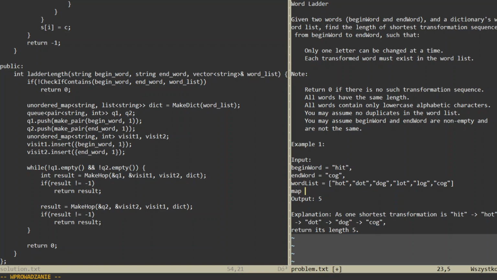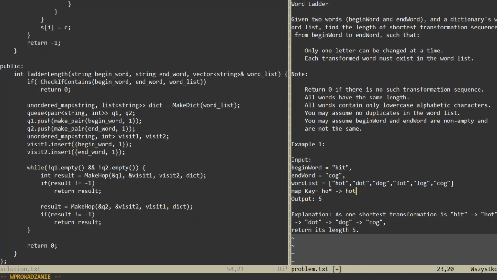The key of this map will be our word, for example hot, but not the exact word, only with something missing here. This star will describe every letter. So we make a map with, for example, ho-star, and this has a list